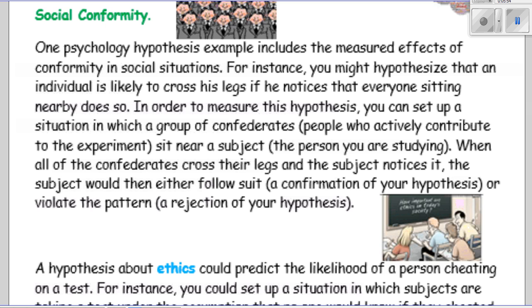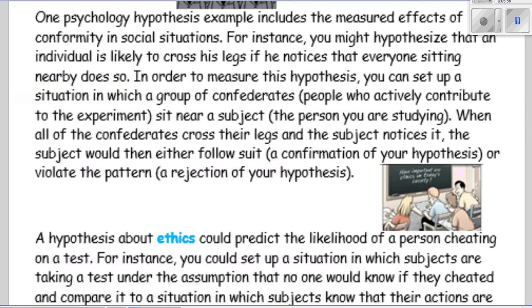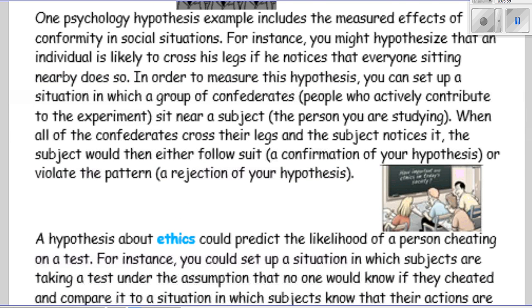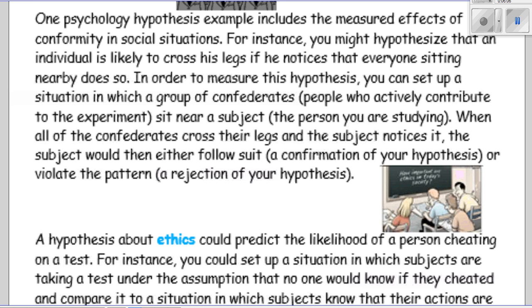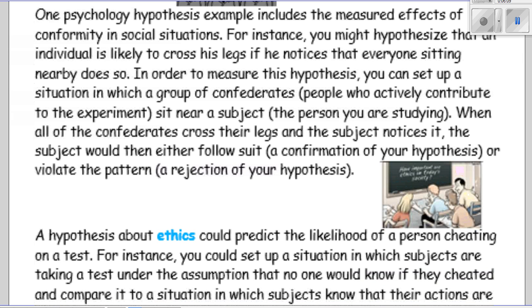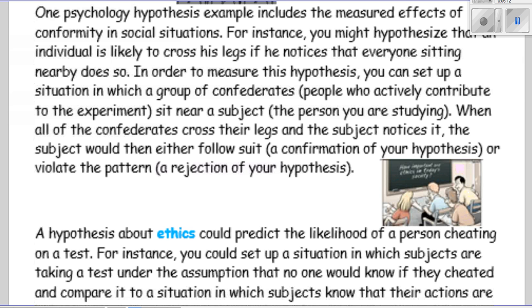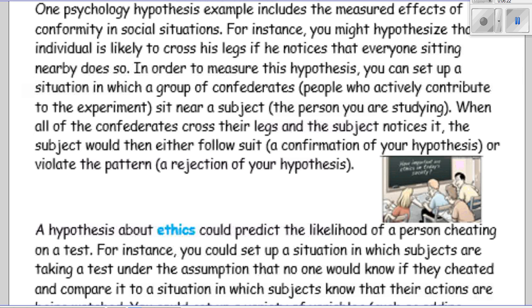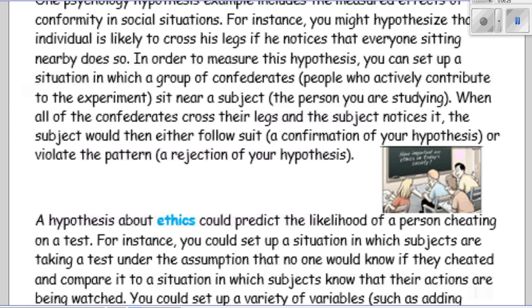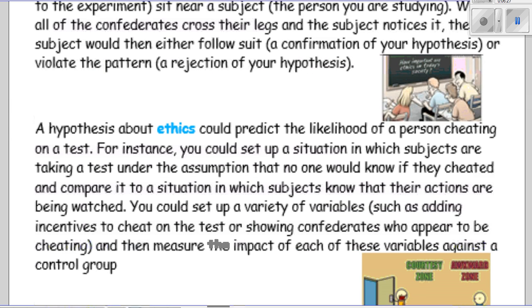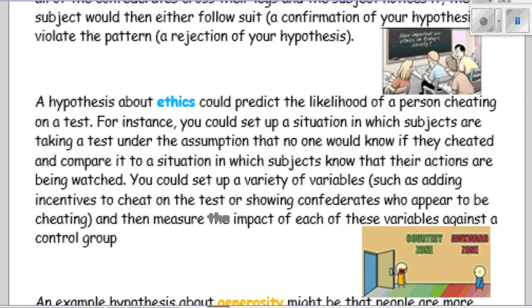So are there any numbers you could collect from that? Yeah? How long it takes for them to... Yeah, exactly. That's a good point. And you could have different ones, like you observe it for a certain period of time, and then you collect how many did cross them, how many didn't, how long it took them. Yeah, all sorts of things. So the main thing is you need to think, what kind of numbers can I get? You can have categories as well, but you also definitely need numbers in there if it's a math IA.